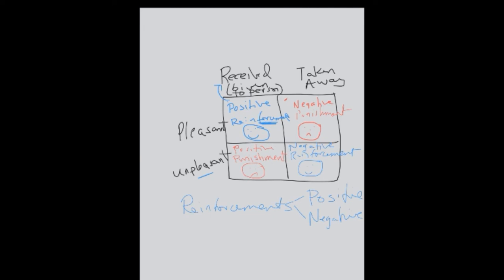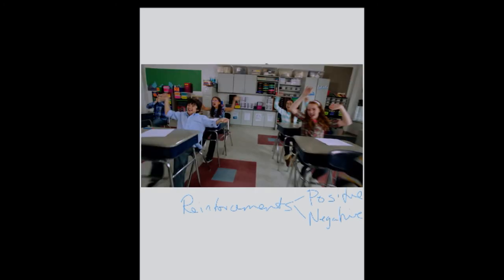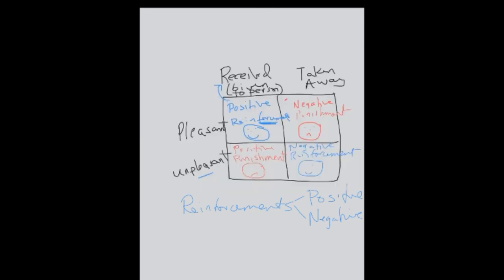You can think of a teacher rewarding the class for doing really well in the spelling test by saying something like, no homework today. What's great about this is that you don't have to do something you'd rather not do. So that's negative reinforcement. In contrast, when we think about punishments,